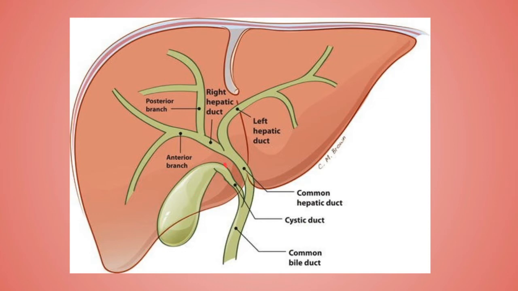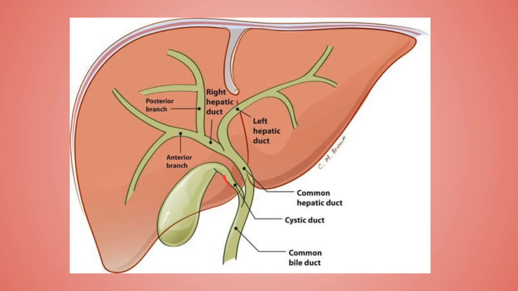Now next is the neck of the gallbladder. The neck is the narrow upper end of the gallbladder, situated near the right end of the porta hepatis. Somewhere over here there will be the porta hepatis, and to the right of this there will be the neck of the gallbladder. To become continuous with the cystic duct, this neck part has to bend twice, first antero-superiorly and then postero-superiorly.